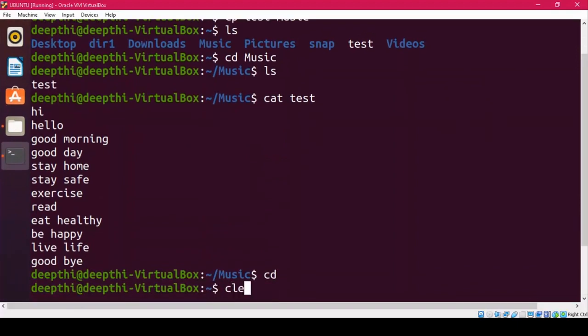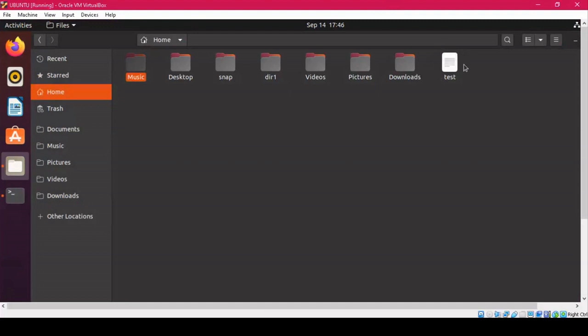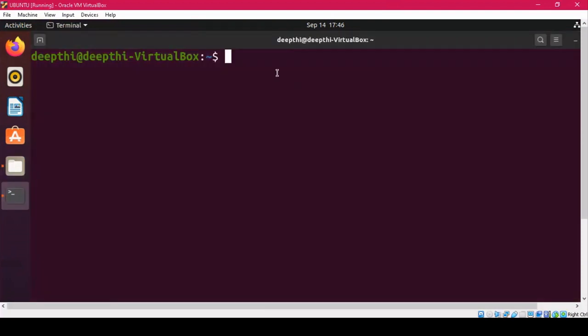So in this way, I hope it is clear to you. Now the next command is, see, the file that we have created here is the test file. I want to change the name of this file. I want to rename this file. And for that, we have a command that is not rename, but mv. Mv means move. So the mv command is used to rename the file. The file that we have is test, and I want to rename this as newfile.